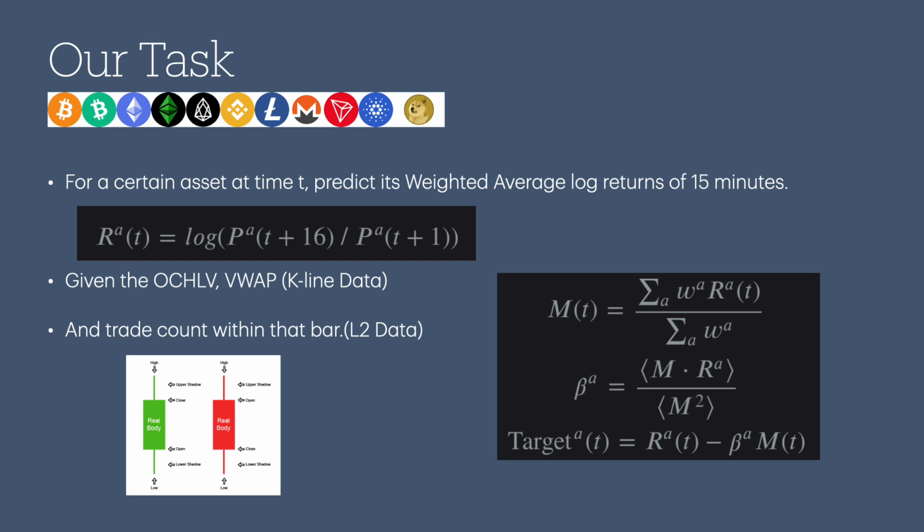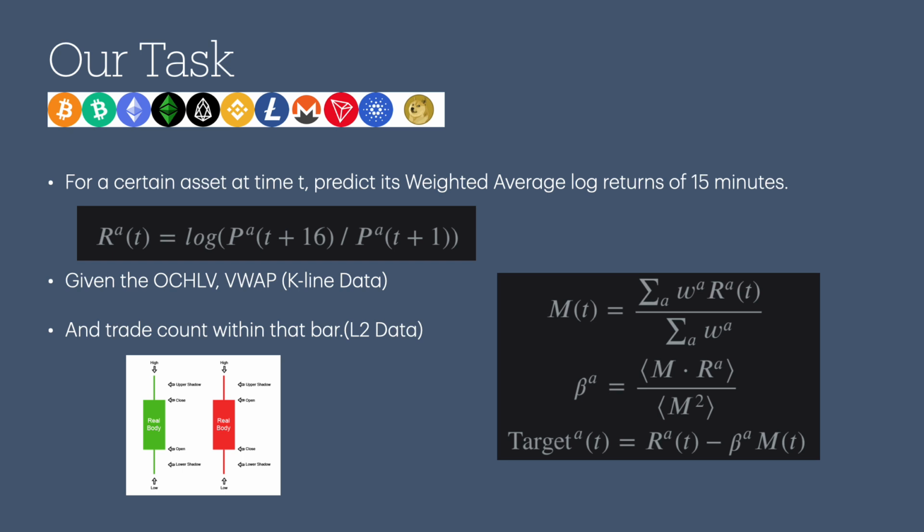First, we need to take a look at the target. The target is basically derived from the log return, and to eliminate the correlation between different assets, we need to do a weighted average of this return, and then we have a weighted average log return of a certain asset. Since we are going to predict like 15 or 16 assets of all these cryptos, we need to get its